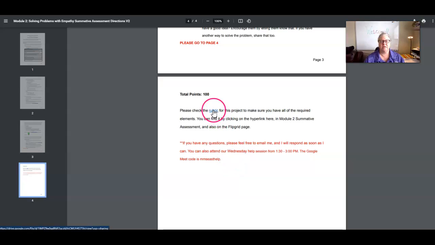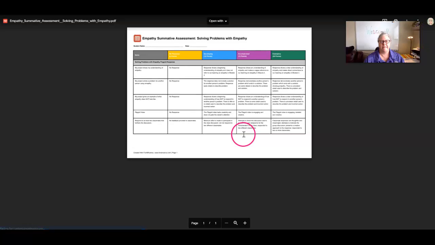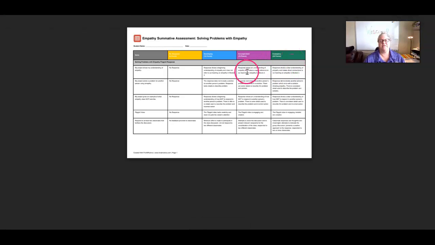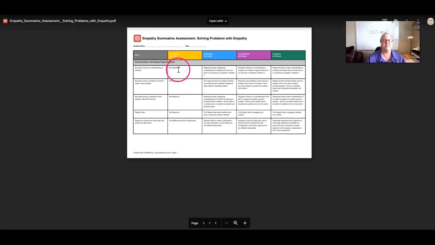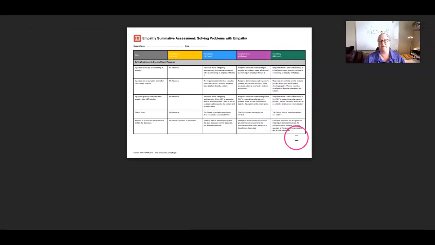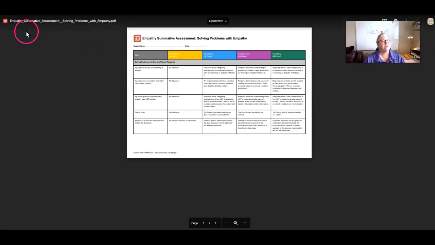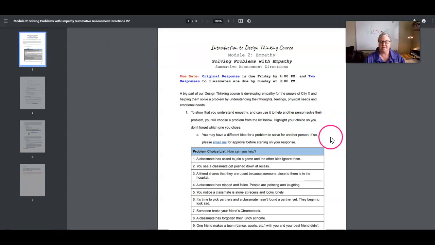All right, so let's look at the rubric. And the rubric is split into different levels. Exemplary is 20 points. Accomplished is 15 points. Developing is 10. And if there's no response, it's a 0. Use the exemplary column. These are the things that we are looking for. And if you can strive for that, you're going to be in great shape. All right. That explains the